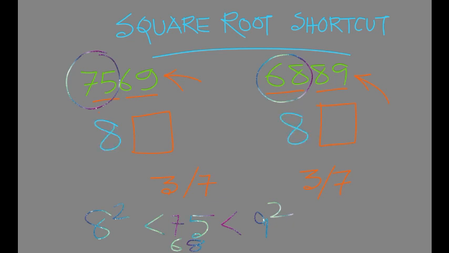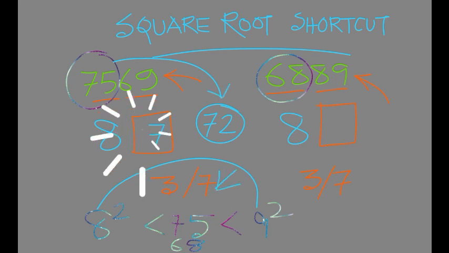But now what do we have for the units place? For that you need to multiply 8 with 9, that is equal to 72, right? Now 75 is greater than 72, hence choose the bigger number, so 7. And 68 is less than 72, hence choose the smaller number, 3. That's your square root. Done.